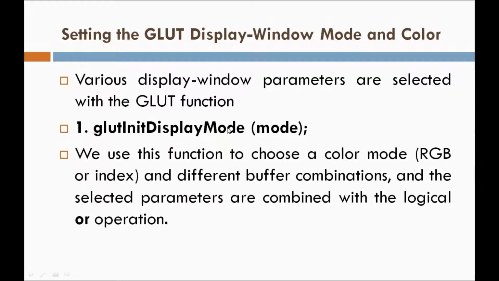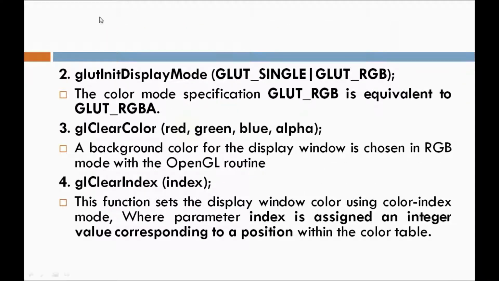Like this, any color can be obtained by using a mixture of these three colors. So here you have to specify what coloring mode you have to use, and for that you use the GLUT init display mode command. You can specify the RGB coloring mode or the index coloring mode. I'm going to explain the RGB and index coloring schemes in more detail in the coming videos. Now next, in GLUT init display mode the color mode specification is GLUT RGB, so I am using an RGB coloring scheme, and along with that I am using a buffer here.